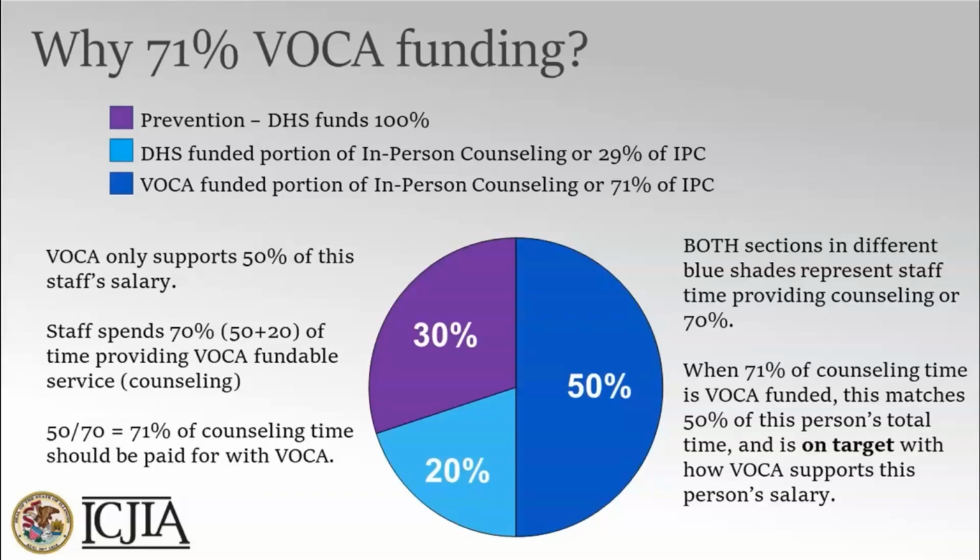So we know VOCA pays for half of this person's salary, okay? That's represented by the dark blue portion of this chart, 50%. We also know that this staff person spends about 70% of her time doing VOCA fundable work. That would be represented by both the blue shades, the 50% and the 20%. Those add up to 70%, and that represents the staff person's time doing in-person counseling, or the fundable portion of